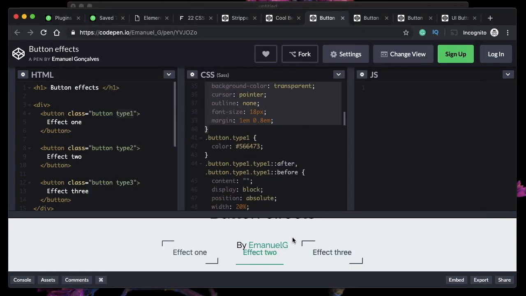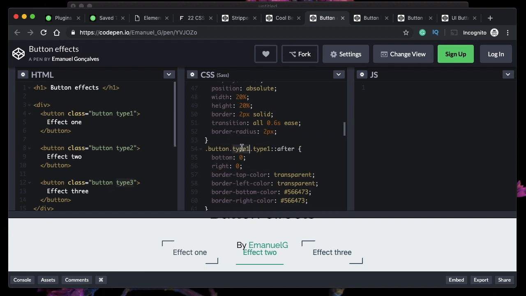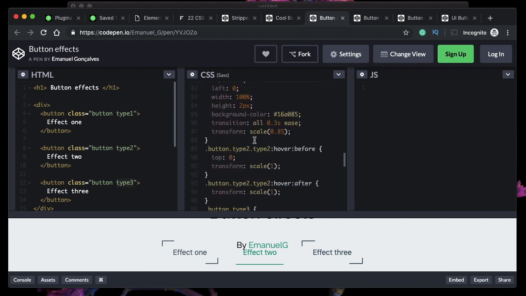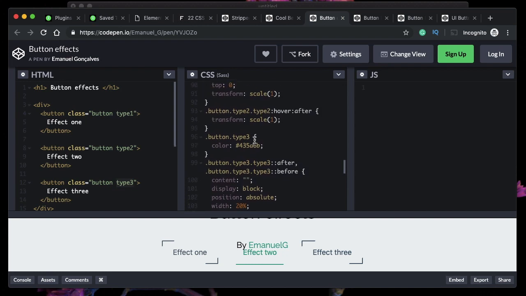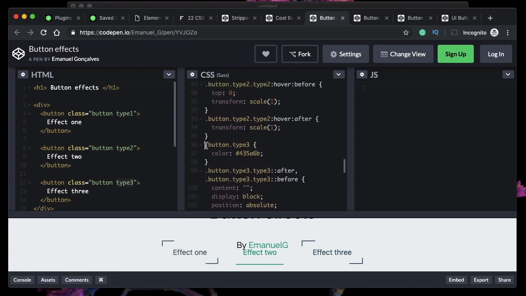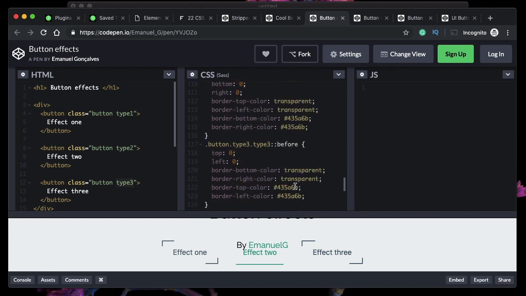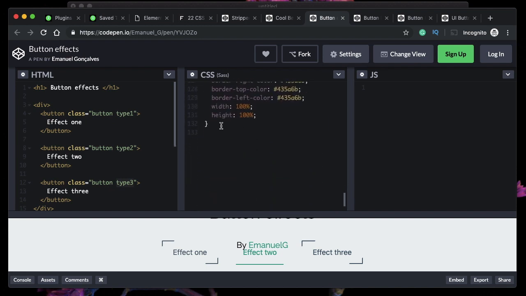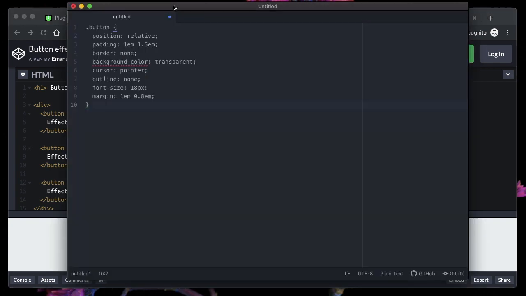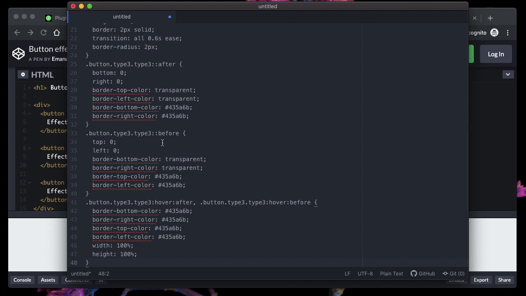And I want to achieve effect 3, and effect 3 has a class of type 3. So I don't need to bother about type 1. I don't need to bother about type 2. And simply go to type 3, and here it starts with type 3. So I can simply go down until the end of it. You can simply copy and paste the remaining code into the text editor first, so that it'll be easy for me